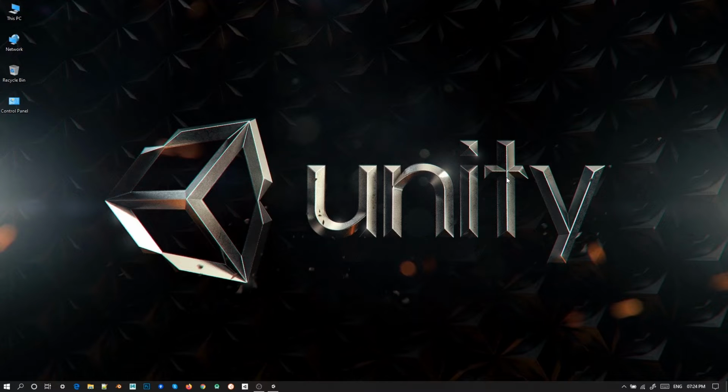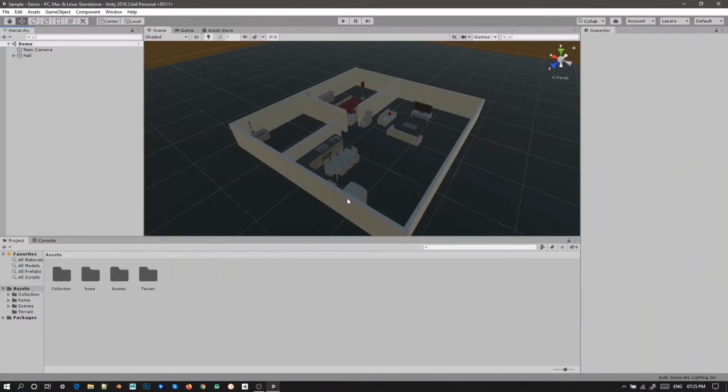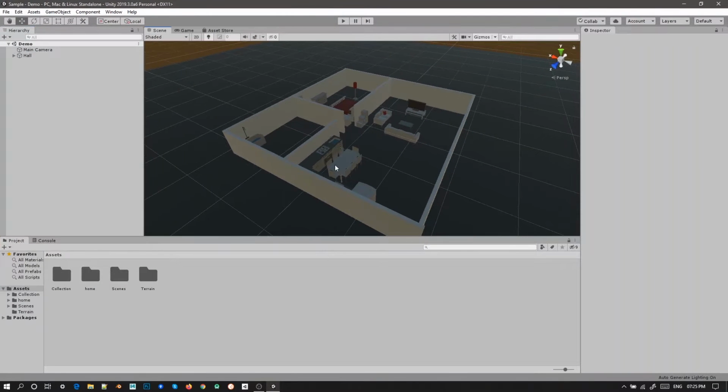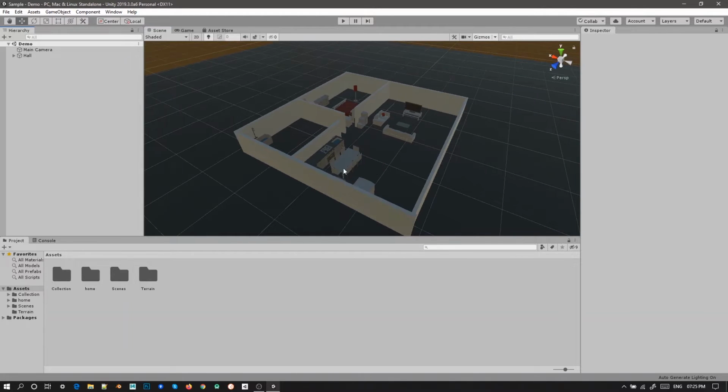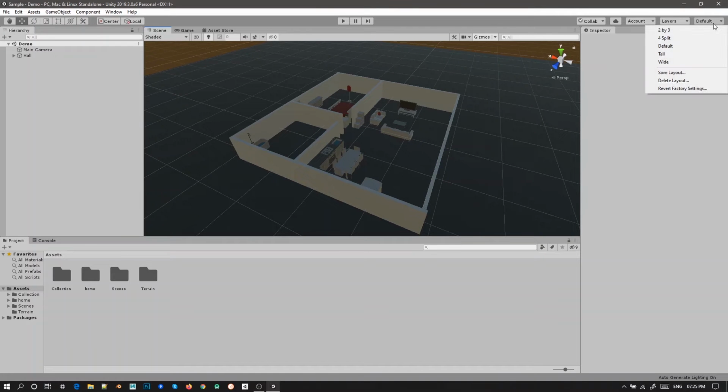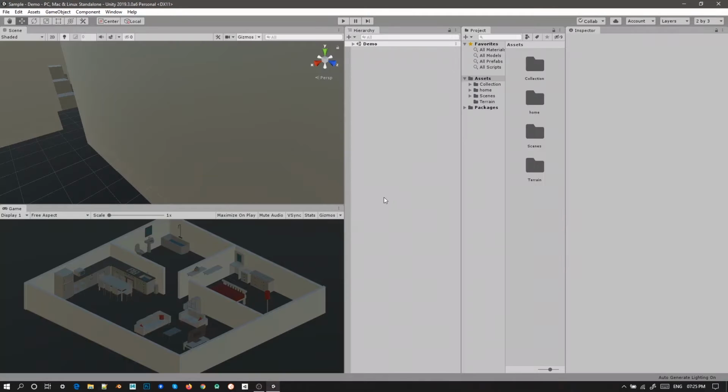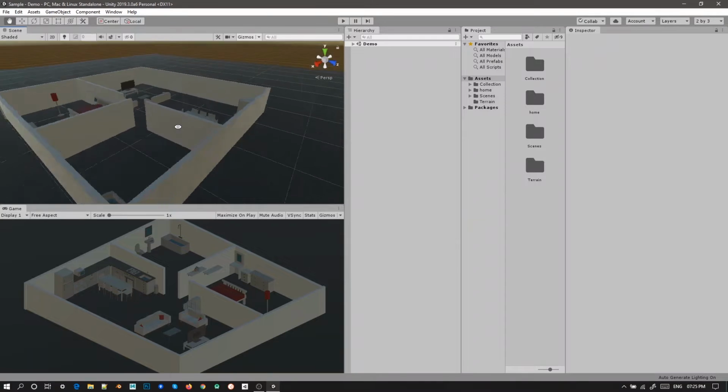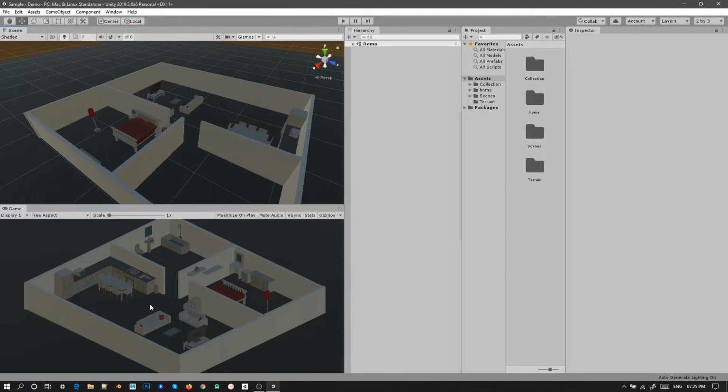We're going to see about Unity's Lite today. So for that, let's open it first. Already a new project is created and I have imported new assets so that it will be easy, guys. Okay, so now we can use the 2 by 3 split here so that it will be easy for us to notice the changes whichever we make in the scene view, and it will be shown here too.